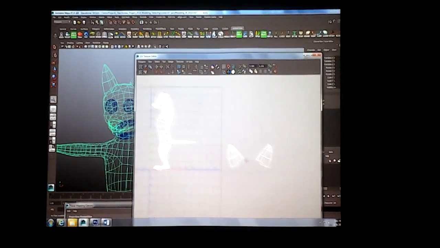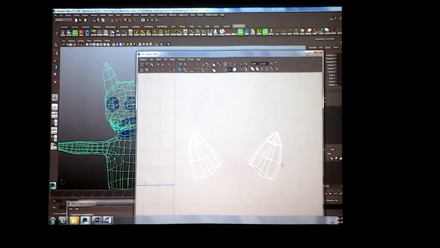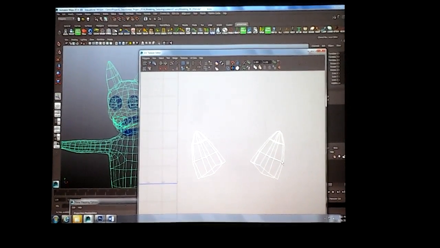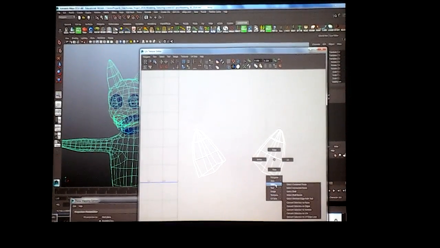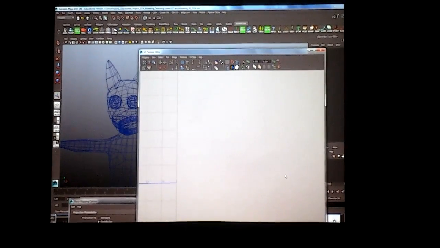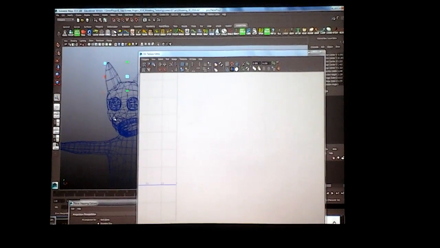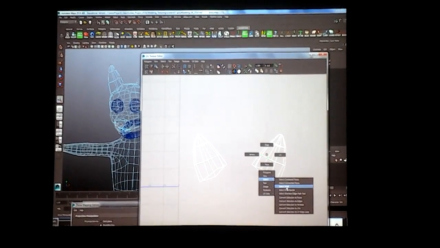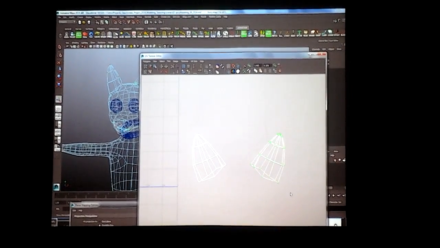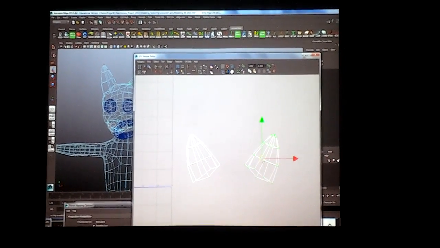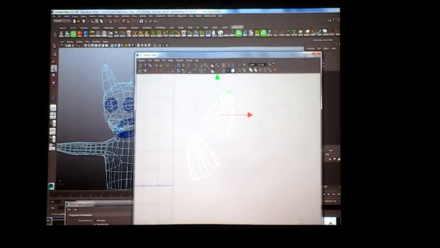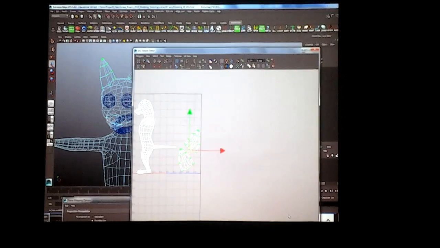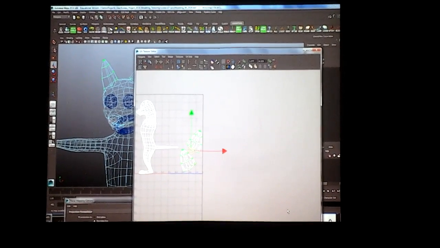Now, are these two shells separate shells or the same shell? I mean, together or separate? Together. Together or separate? Well, if I go to the UV, select some UVs, and go to select the whole shell, that's separate from the other one. So they're actually two shells because they don't share an edge. If you even share one edge, Kevin,